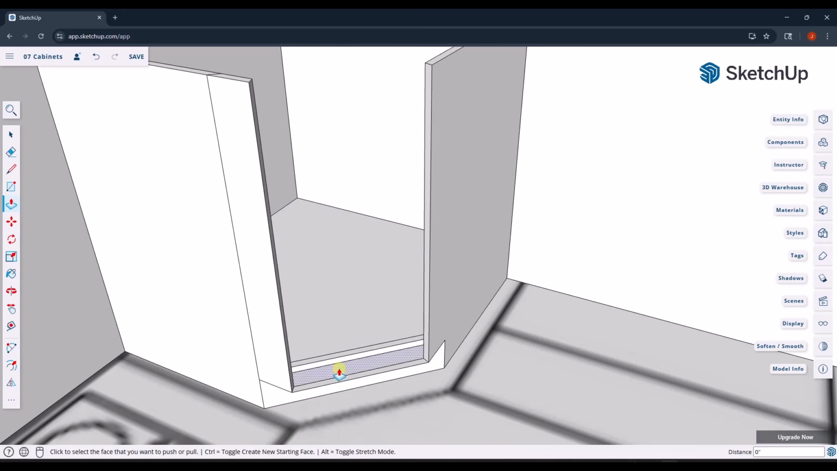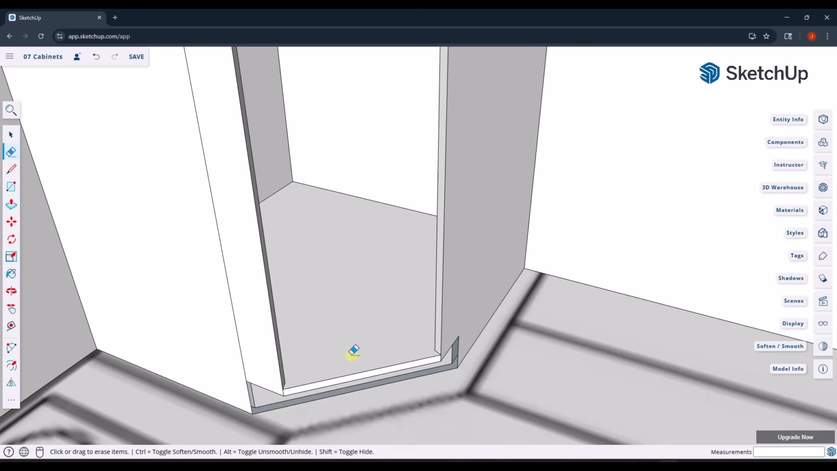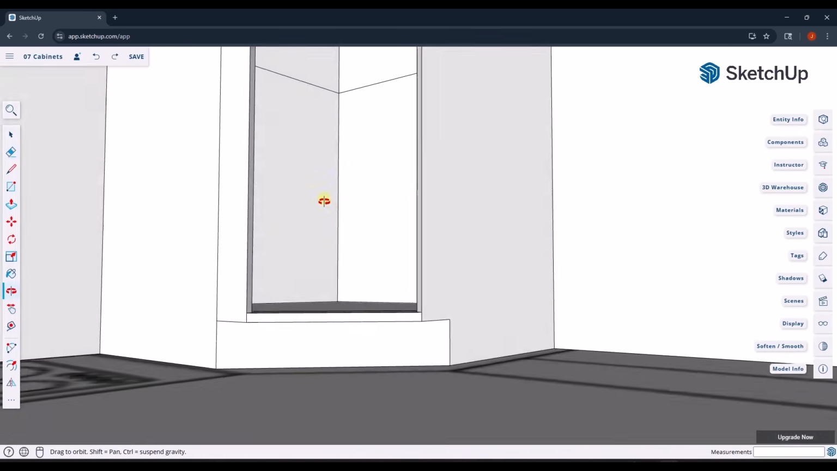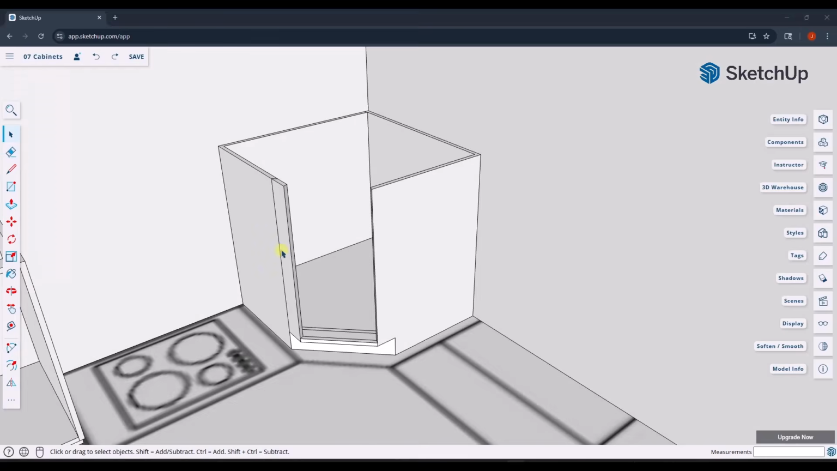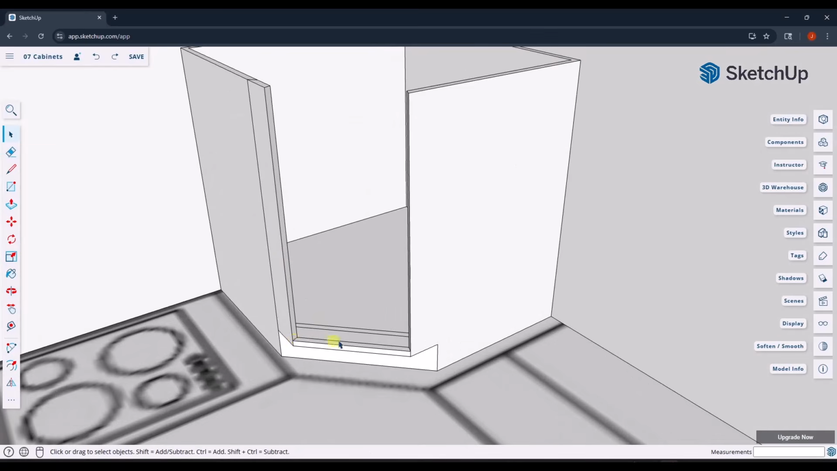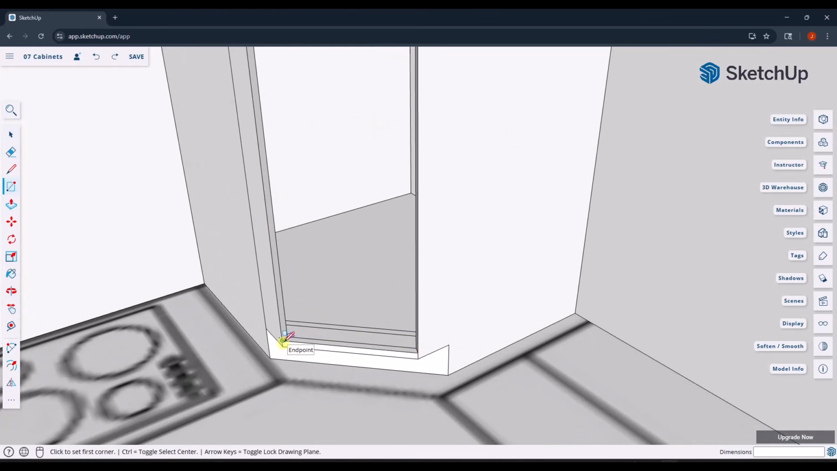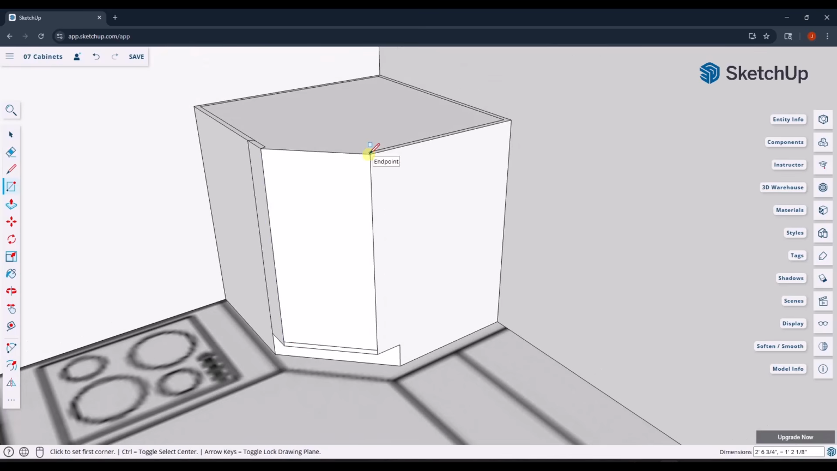And we'll just do that again, again, and again right here. And you can erase out those extra edges for the most part. And so in the case of this corner cabinet, it's probably going to be easier to just draw a rectangle across the face right here. We're going to delete out this top